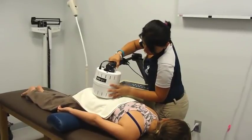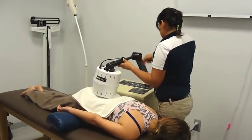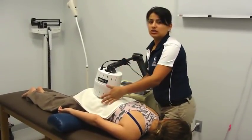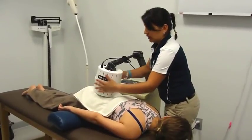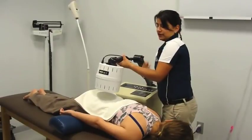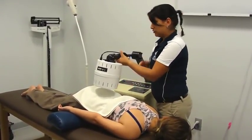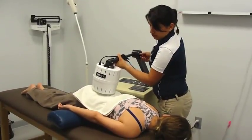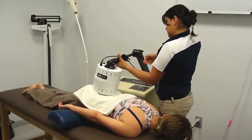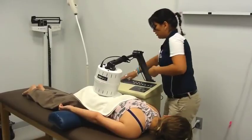The drum needs to be exactly where the person is having the pain or the muscle spasm, and it has to be touching. The drum has to be touching it, because if it's not touching, for example, right here, the heat is going to disperse in the room and it's not going to produce the same effect. So we have to make sure that this is touching the towel and the area. Now we're simply going to turn it on right here,